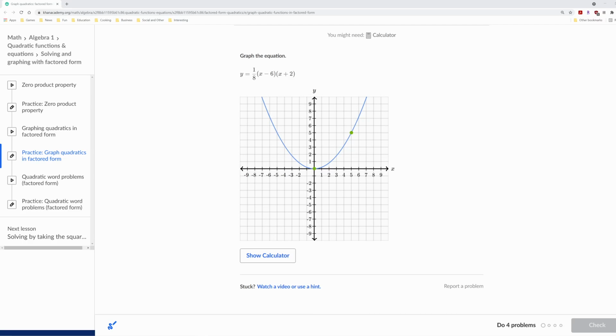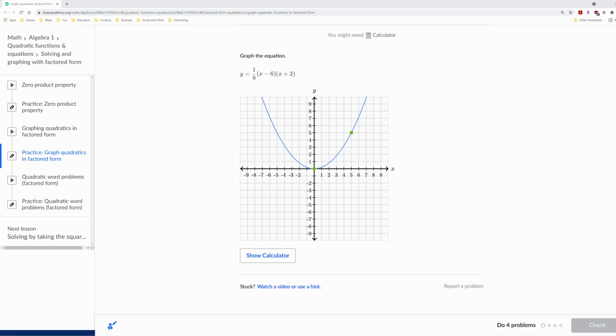Everybody. In this video, I'm going to show you some of the uses that factored form of a quadratic function has. So, if we want to graph this quadratic, the most direct route to graphing a quadratic most of the time is to convert to vertex form, which we could do. Now, I'm going to start doing this, and I think you'll see we may end up getting frustrated and want